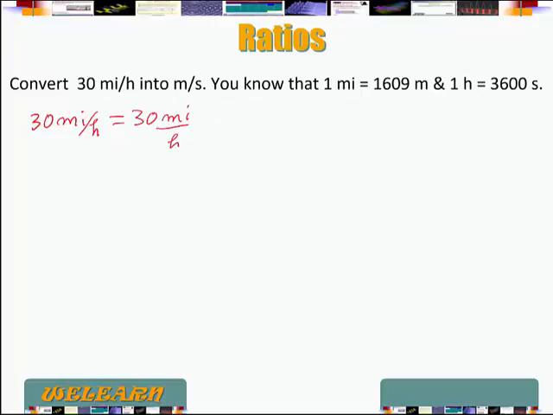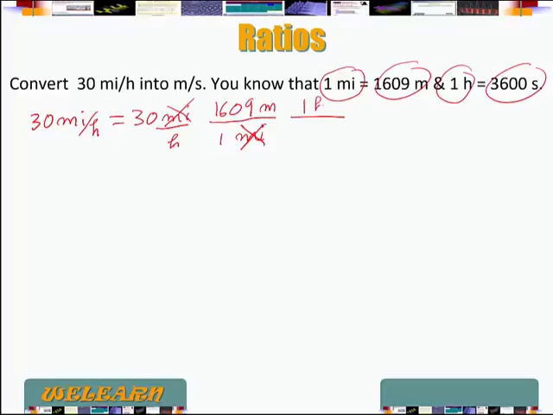We are trying to change miles into meters. So when we look at this conversion factor, we are going to get rid of the mile. So we put mile here in the denominator, and then 1609 meters. That will get rid of our miles. And then to get rid of the hours, hour here is in the denominator. So when we put our conversion factor, we put hours in the numerator, so the hour cancels here, and here 3600 seconds,